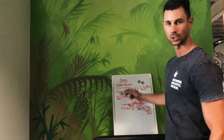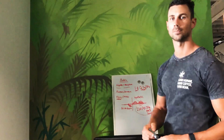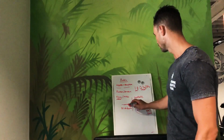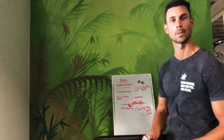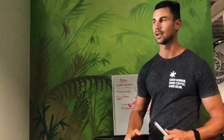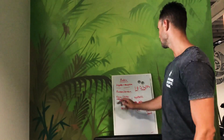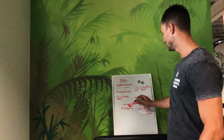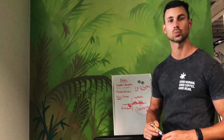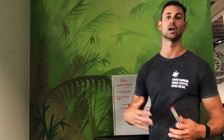So we ran through digestion and absorption, how that occurs, very quickly. We had a bit of a look at function, being to protect against muscle breakdown and to help muscle protein synthesis, where we're building muscle. And then structure was more looking at the 22 amino acids, essential versus non-essential. And then the timing, making sure that we eat every 4 to 5 hours, ideally, getting that protein hit. And totals, we talked about 1.8 to 2.2 grams per kilogram that you weigh. So hopefully